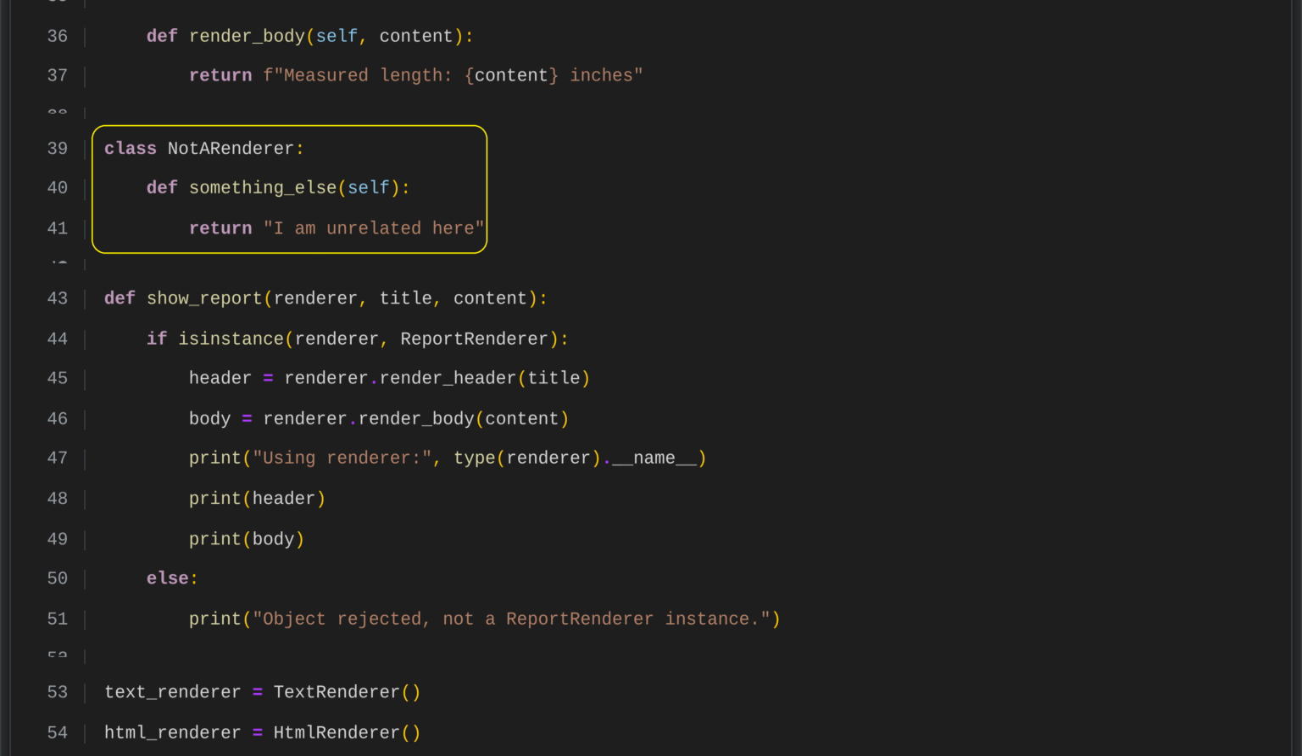In this example, we define a class called NotARenderer that is intentionally unrelated to the rendering system discussed earlier. Inside it, there is a method named something else that simply returns a message saying it is not part of the rendering context. The main purpose of this class is to act as an object that does not match the expected renderer interface. This allows us to see how an instance check can correctly ignore or filter out objects that